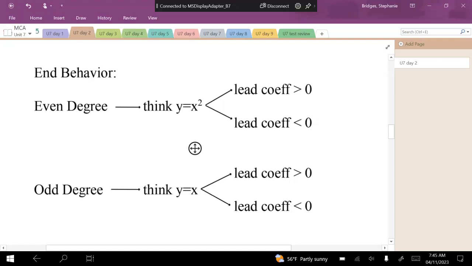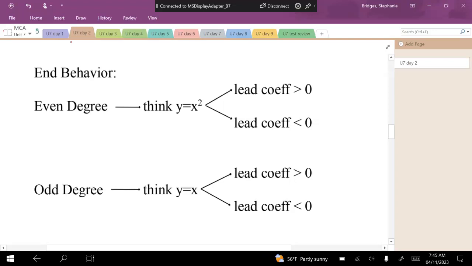So two things happen. If it is an even degree, we're going to think about the graph of y equals x squared. That is a quadratic graph. The reason we're thinking about that is because we know what those look like. We've dealt with those quite often. If your leading coefficient is greater than 0, then that would be a positive parabola. How does a positive parabola look? It looks like a U, right? So what I'm going to do is draw a little bit of a picture next to each one of these, and you probably want to draw it too, so that you can look back at it when we're talking about our